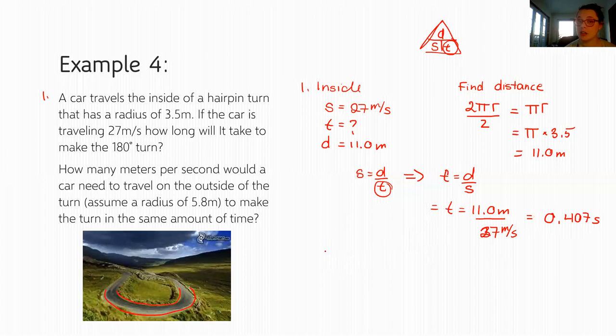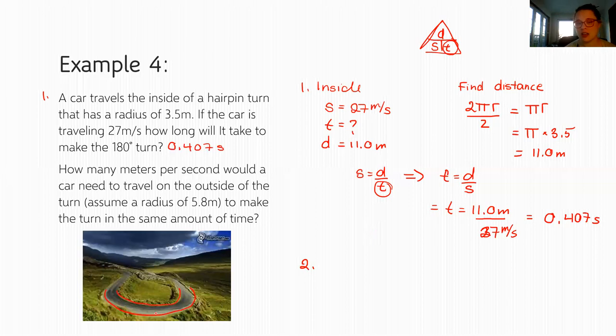Okay, so we know how long it took. It took 0.407 seconds. We're going to keep 3 decimal places because if you're racing, that 3rd decimal place is going to matter. 2. How many meters per second, so what's the speed, would a car need to travel